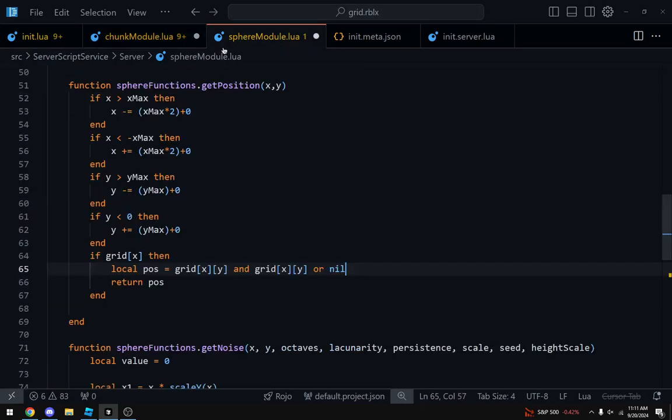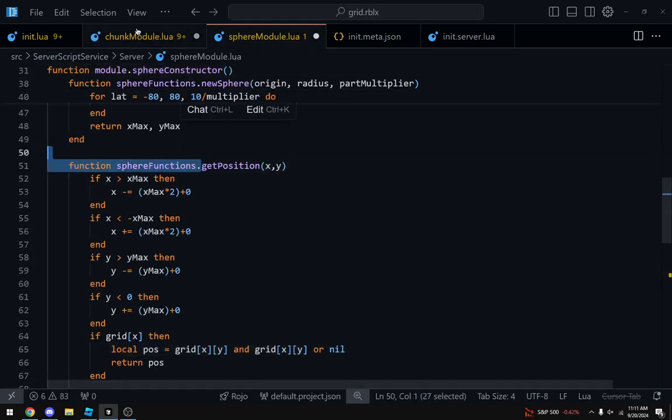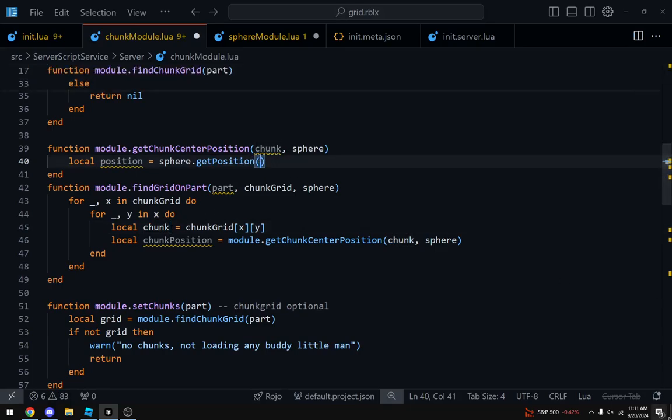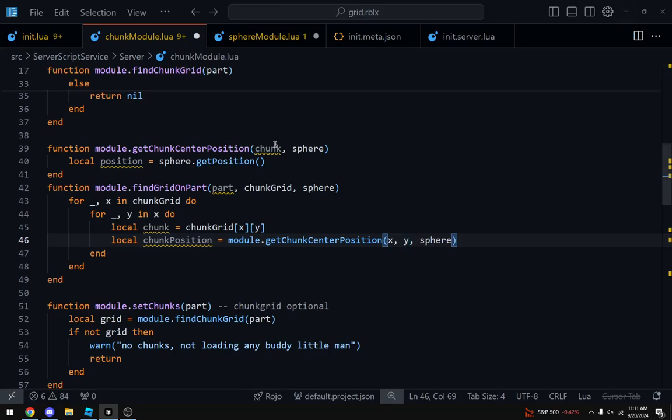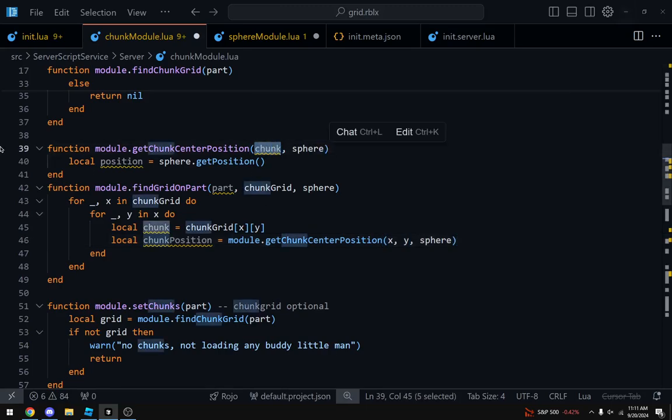You can see here if we go to the sphere module, we have a function called get position, and we want to do the chunk x and y. So we want to get the chunk x and y here.